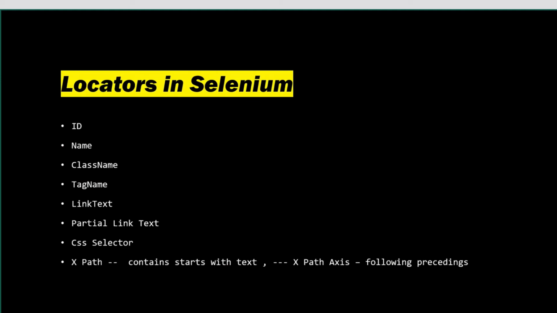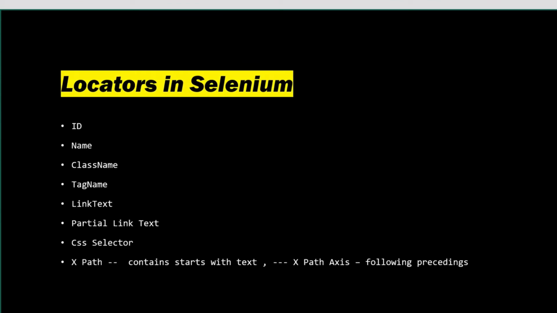But if you go into detail, these are the topics: CSS selector and XPath. These will be covered in detail, because in XPath or CSS selector there are certain methods: contains, starts-with, and so on. Sometimes it can happen that some of the properties change randomly. Only the starting keyword is constant and other things are changing, or the middle keyword is constant and other things are changing. Okay, so how can you locate that kind of element? You can achieve that through XPath. Okay, there are certain methods.